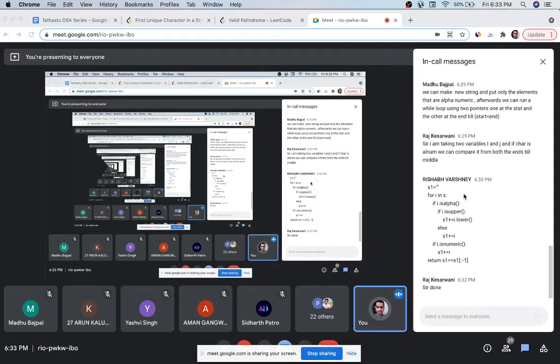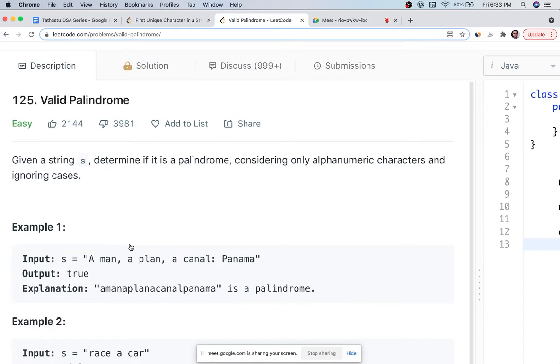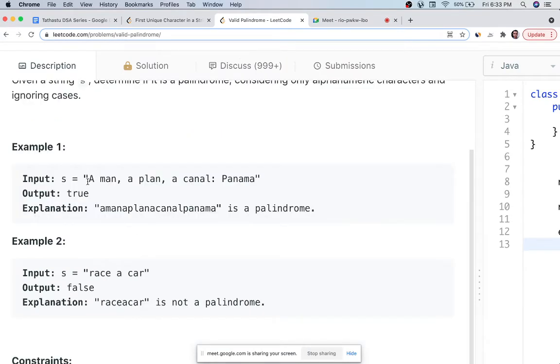Okay, so let's discuss the approach. What we are going to do, we will take the string, we will take the first index that will go from the start, let's say go to A, and the last index will go to the last character. Okay, so it will compare both these values, then the left index will be incremented, and if it is a space, if it is a comma, if it is an at the rate, you will skip it and go to the next character. Same for the back. So how will you identify it?